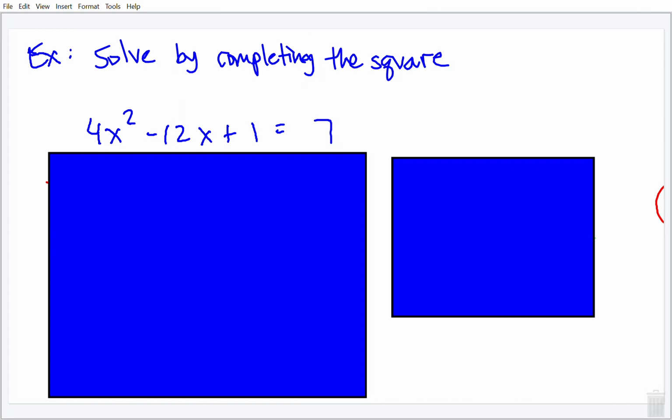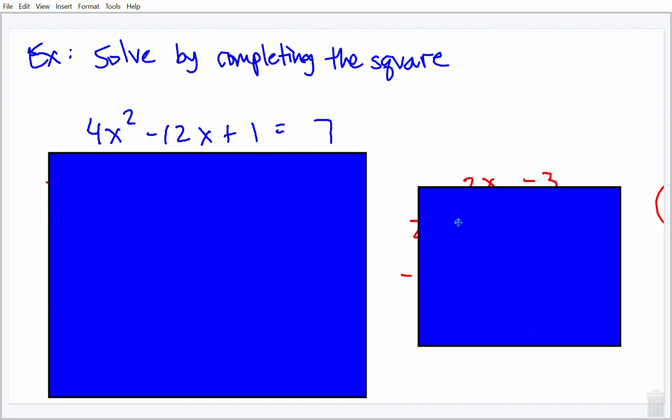In this example, we're asked to solve by completing the square. So we have the quadratic equation 4x squared minus 12x plus 1 equals 7. Now, as a review, we'll complete the square using the area model. And so we have